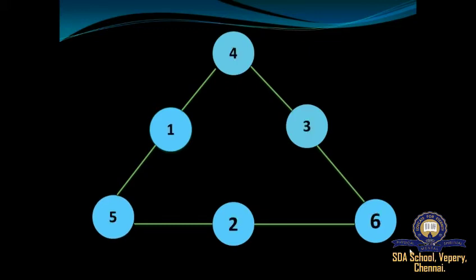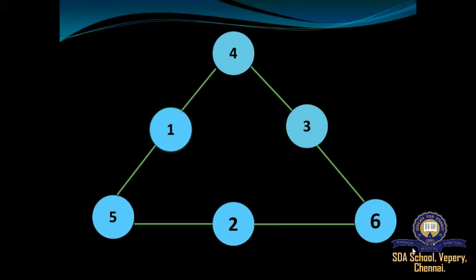Understood, students? So step 1 is I am going to place the large numbers at the corners of the triangle. That is 4, 5 and 6. Can you see? I'm going to place the large numbers at the corners of the triangle. Okay. And step 2 is I'm going to place the smaller numbers, that is 1, 2 and 3, in the middle of each side. Understood, students? So the first step I have done is I have placed the larger numbers at the corners of the triangle, that is 4, 5 and 6. And the second step I have done is I have placed the smaller numbers, that is 1, 2 and 3, in the middle of each side.